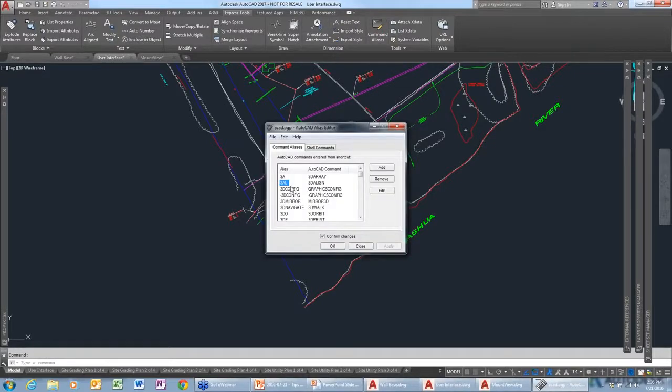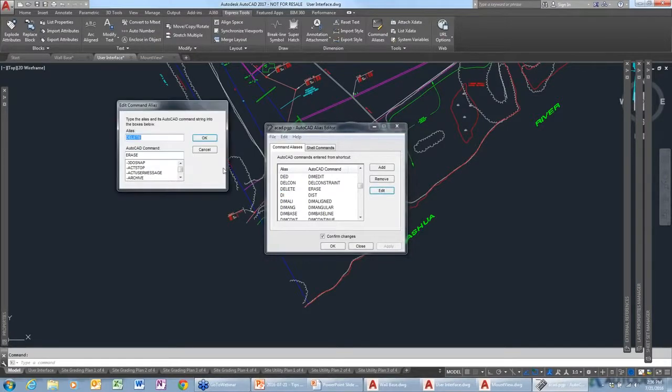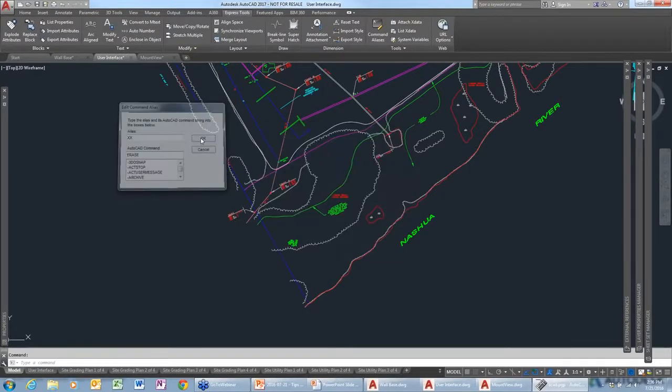So on the left here we have our aliases, and on the right we have our AutoCAD commands. So if we want to rename the alias for the erase command, we're going to select that, click Edit, and then you said you used XX, so let's use XX for that. We're going to click OK,